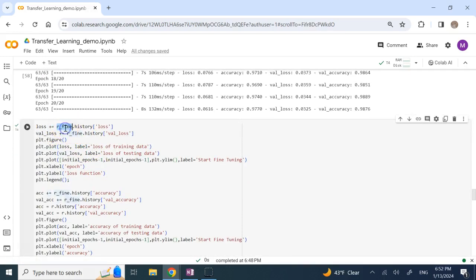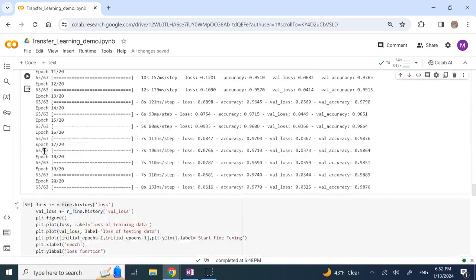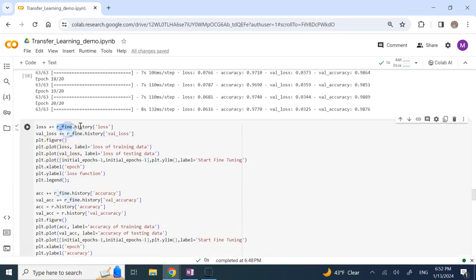So R fine is the model as a result of fine-tuning. I also add the fine-tuning history of loss, this new vector concatenated to the previous loss and val-loss. So this is vector concatenation that I'm doing here for loss and val-loss,